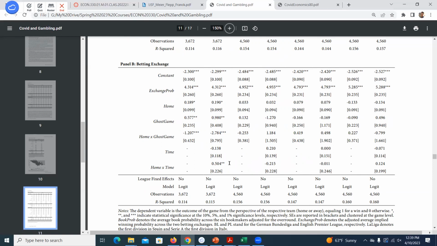As time from this very first ghost game went up, being the home team, my probability of winning actually starts to increase a little bit. So this is the story: when there were no fans initially, these home teams took a huge hit. They lost the home field advantage that came from having fans supporting you. Initially, they took that huge hit, but over time, this tells us they were adjusting to not having fans, right? Having these ghost games as a home team didn't decrease the probability that they were going to win as much. It was being negated a little bit by how far out from that very first game they were.